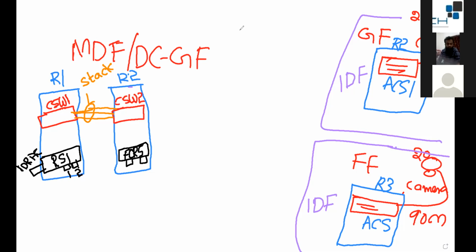Let's say now I'm going to pull the cable between the recording server and the switch. This cable again, you may have fiber or you may have copper. So let's say I'm going to pull one cable from the recording server to core switch 1 and one to core switch 2 for redundancy.